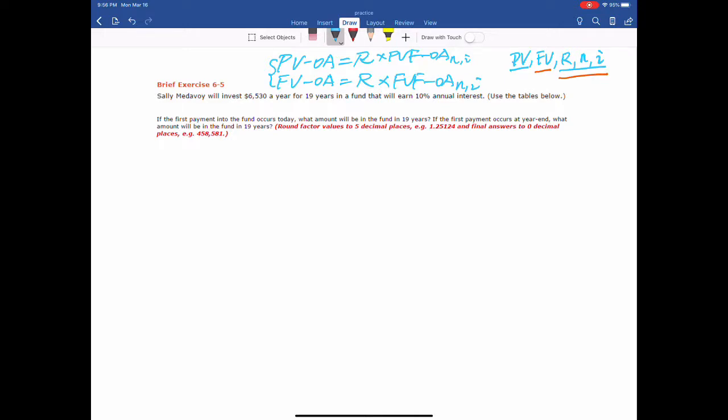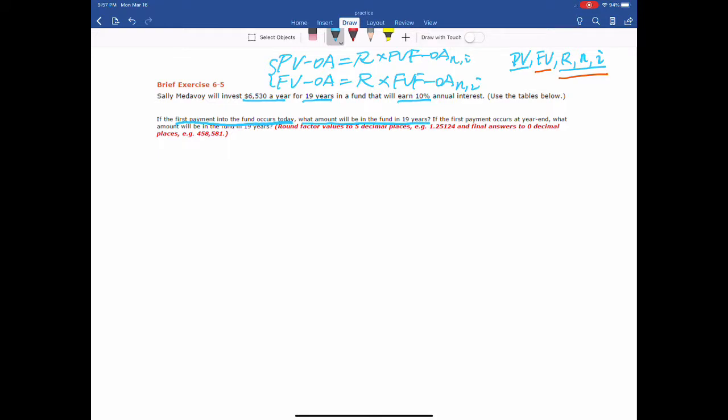This guy invests 6,530 a year for 19 years. So it implies he keeps making the same investment every year for 19 years. We know this is an annuity problem. The interest rate is 10% per year. We are not informed how the interest is compounded, so we simply assume the interest is compounded annually. The question asks us, if the first payment into the fund occurred today,